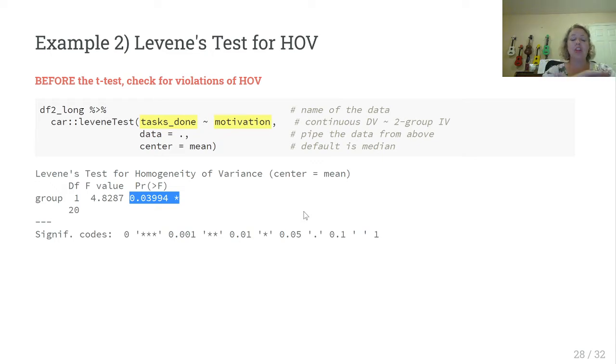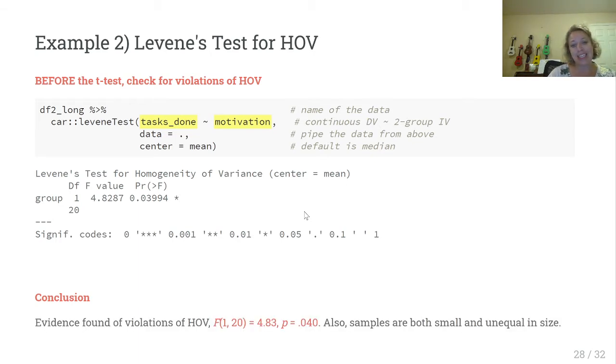In Levene's test, the null hypothesis is nothing's going on, homogeneity of variance is fine. We've got a small P value. Remember, low, null must go. P value low, null must go. So nothing going on, it's out the window. We now know that there is indeed a violation of homogeneity of variance. This is telling us that the two groups have different spreads.